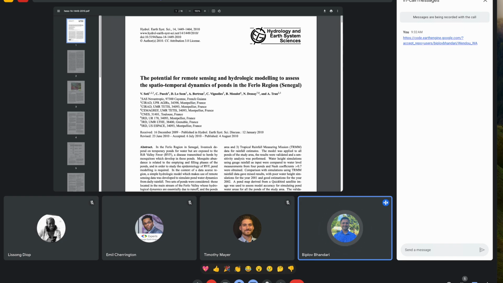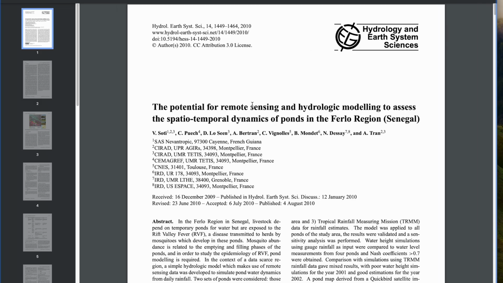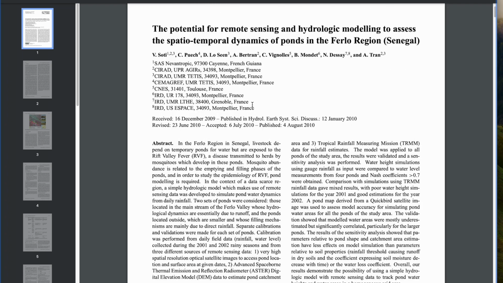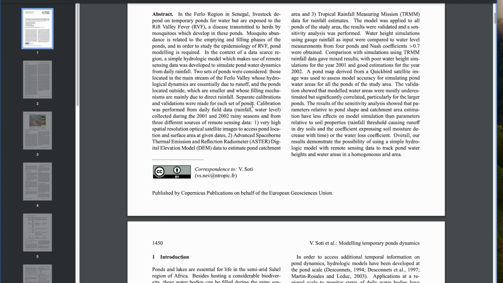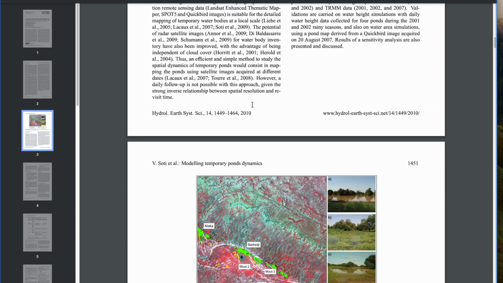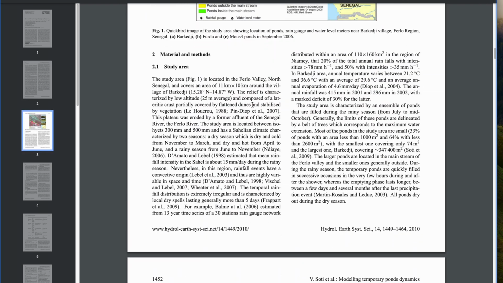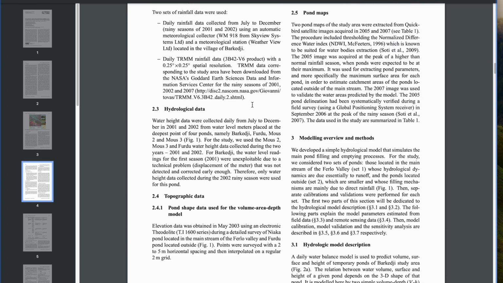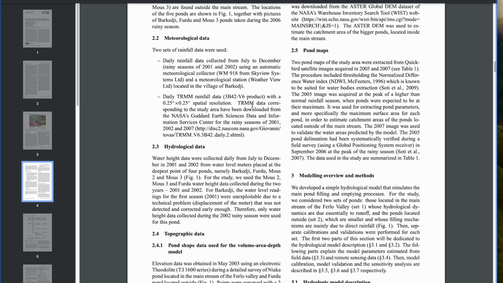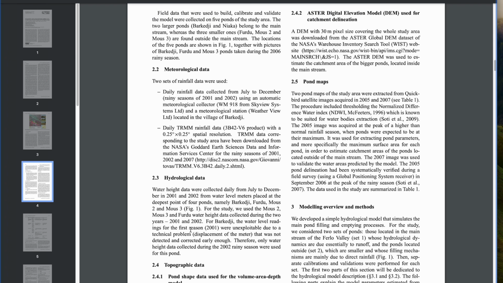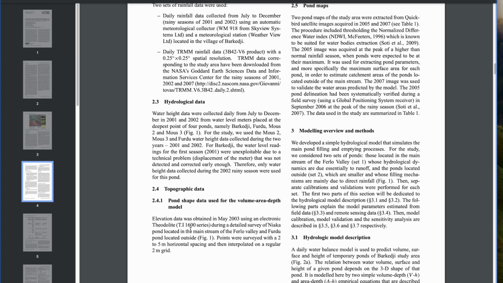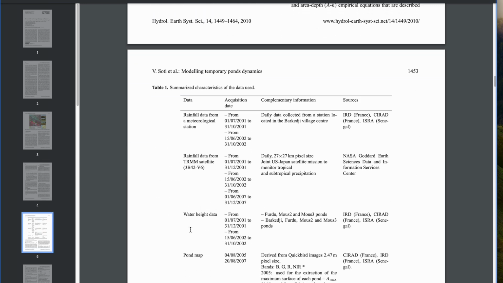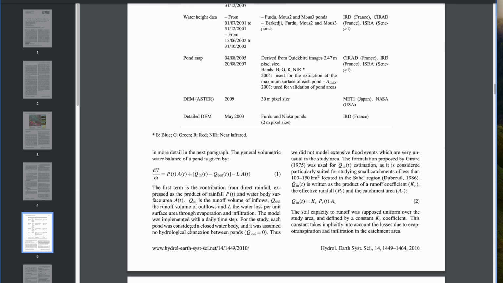Okay, yeah. So, as you know, that script is based on this paper by Soti, and this paper basically does small pond hydrological modeling using meteorological data. Rainfall is the major driving factor in here, and it also depends a lot on the topographic data, including the DEM and all that. I don't want to go into very much detail on all these